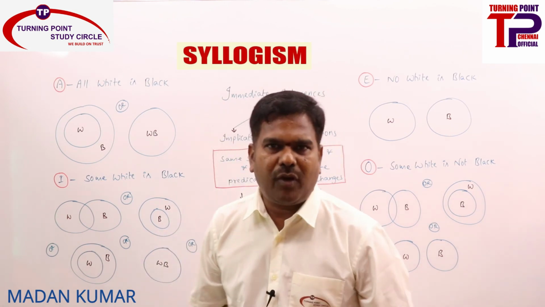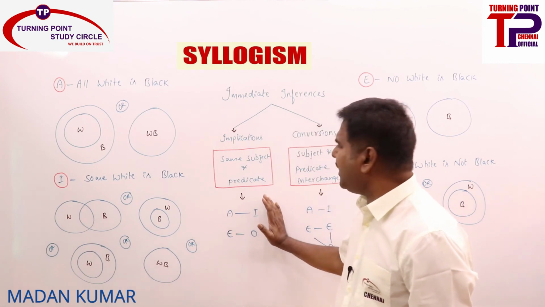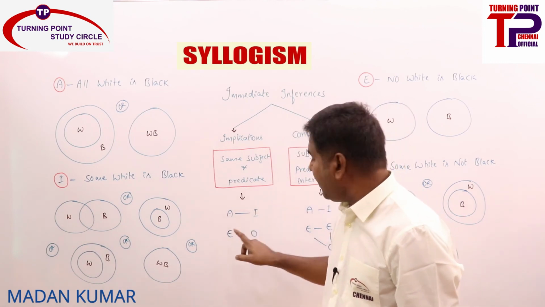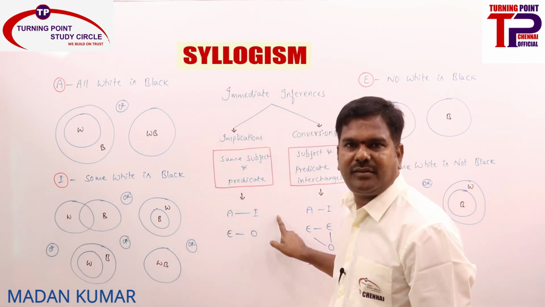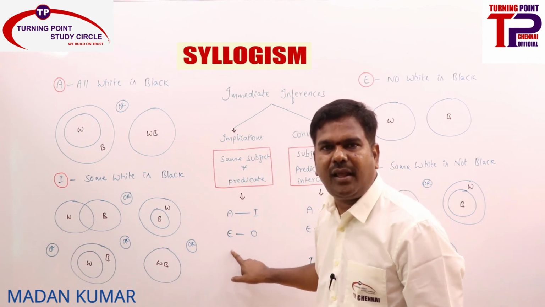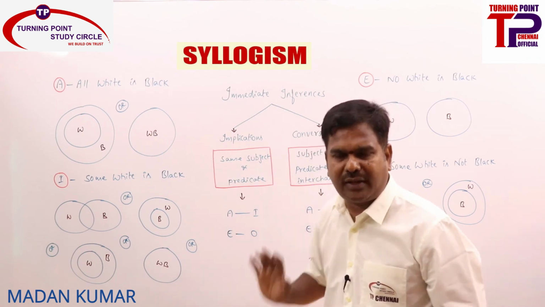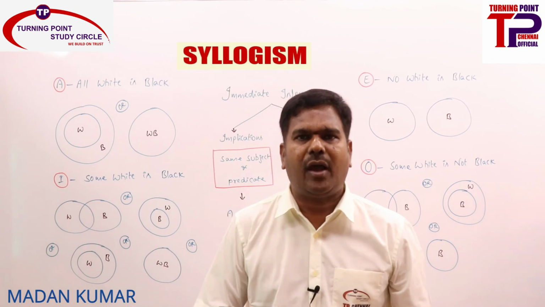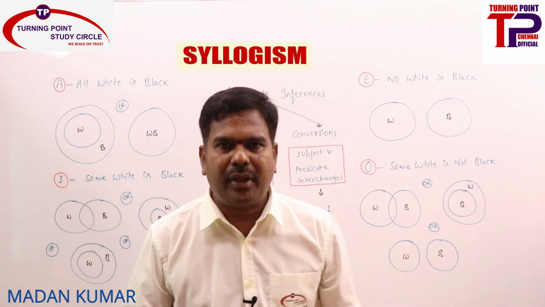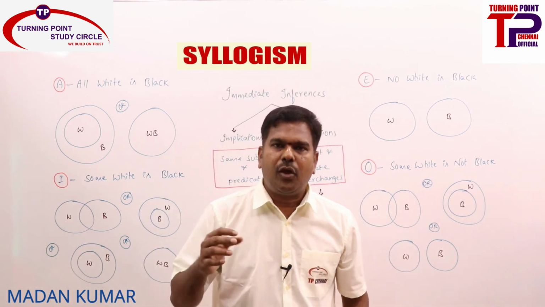Can we just recap one more time? This one is very easy, ma, implications. Whenever everything is there, something is there is always true. Whenever nothing is there, something is not there is always true. That's it. In implications, we have only 2: A is directly implied by I, and E is directly implied by O.